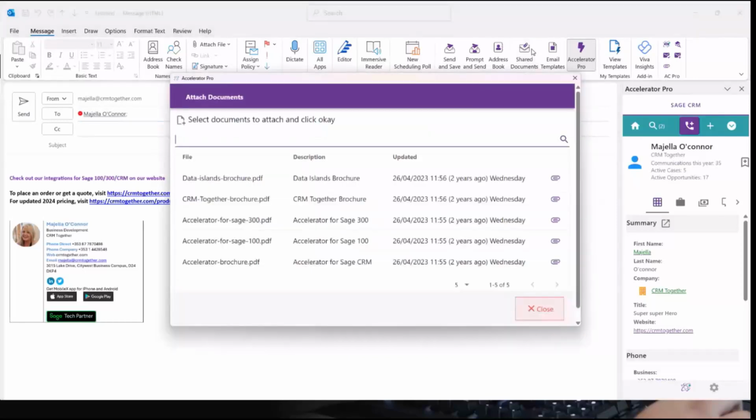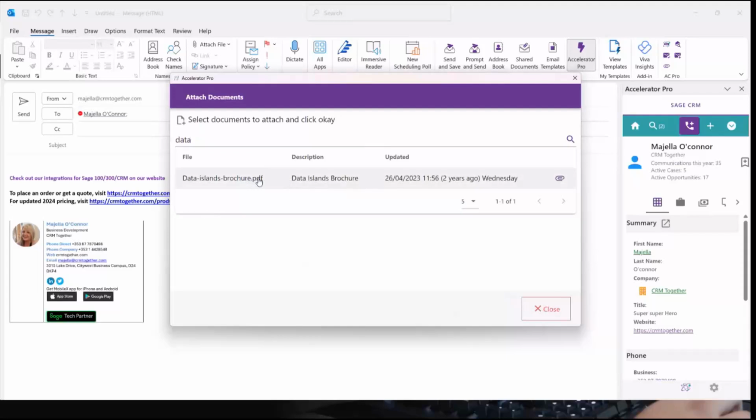You have shared documents, as I mentioned. These are all documents that are filed in CRM. Could be marketing collateral, could be price lists. So if I want to drill that down, I could search for data, for example, and now it's pulled up data